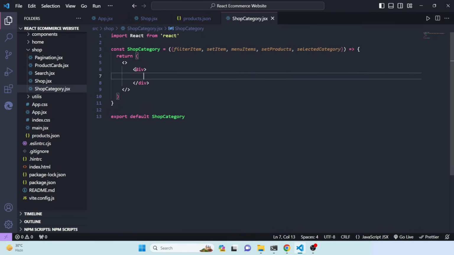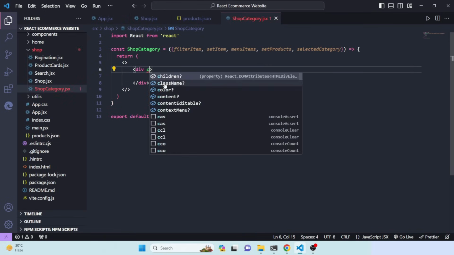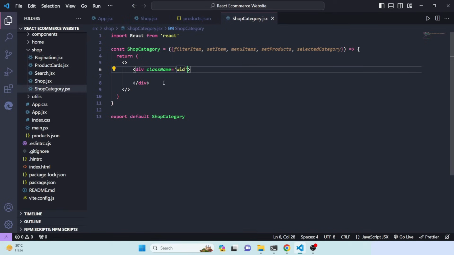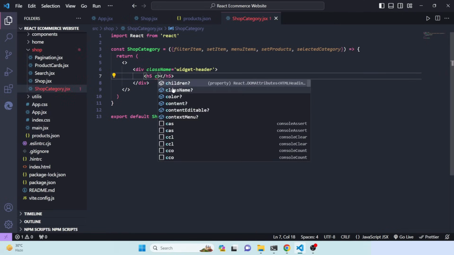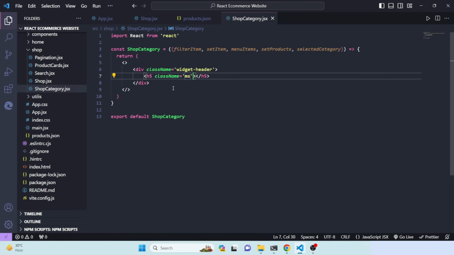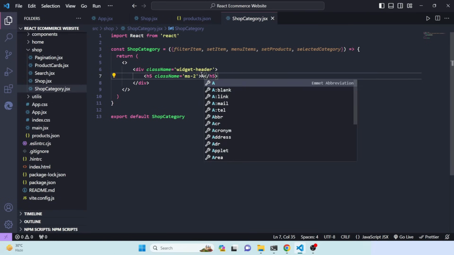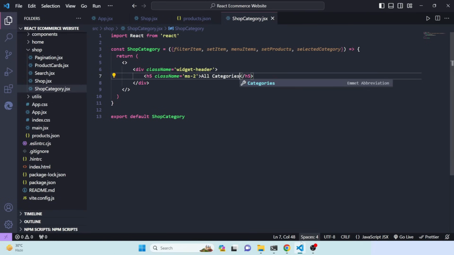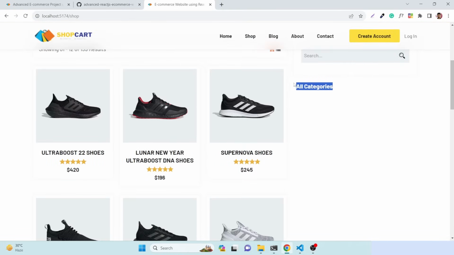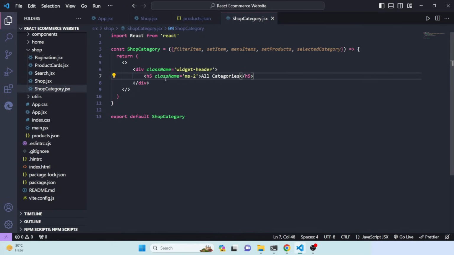Firstly let's define a class name that would be widget header, and inside this we'll define h5, and then here we'll define a class name that would be ms, that means margin to start, so that would be true. And here we'll define wall or wall categories. Okay, now if you check your website, there is the wall categories, and under this h5,